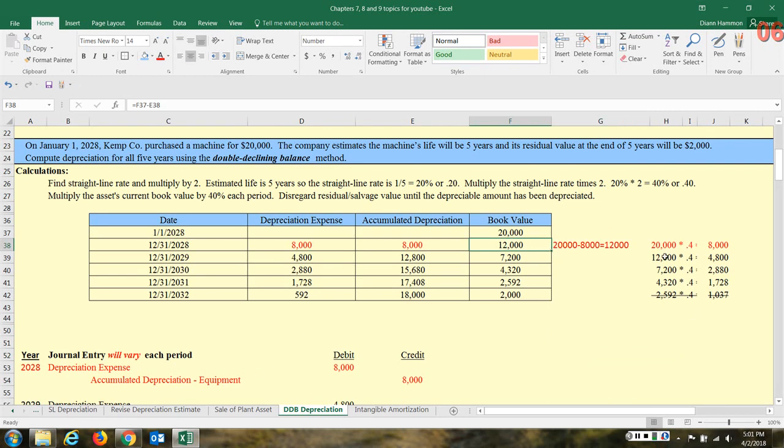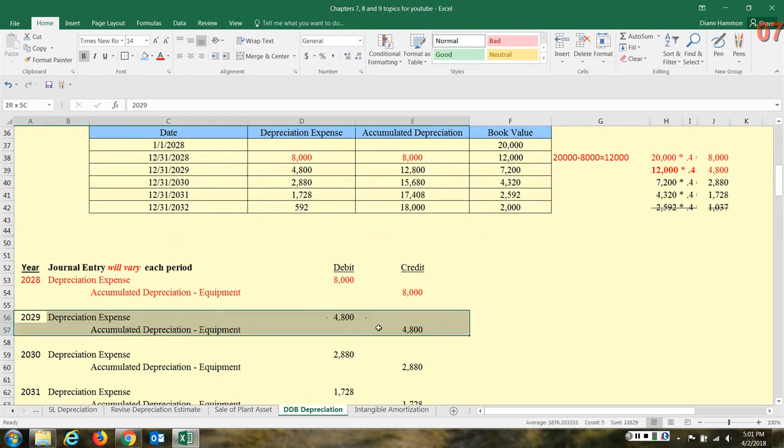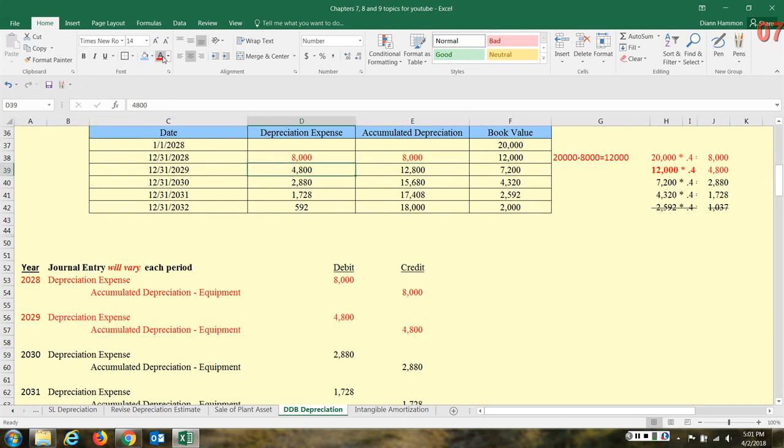Okay, year 2. So now we're going to take that book value right there, multiply that times 40%, and that would be $4,800. So for year 2 then, depreciation expense, $4,800. This is year 2, which is 2029. Depreciation expense, debit $4,800, accumulated depreciation $4,800. So up in the schedule, you'll see the same thing. Depreciation expense $4,800, add the $8,000 plus the $4,800,